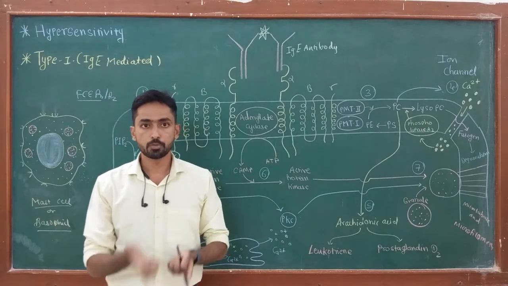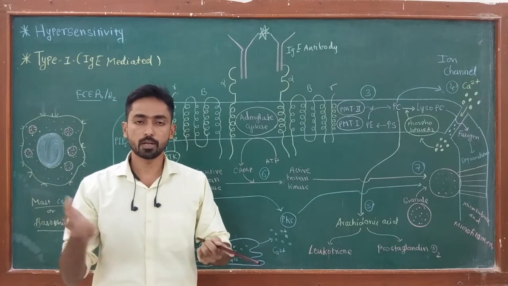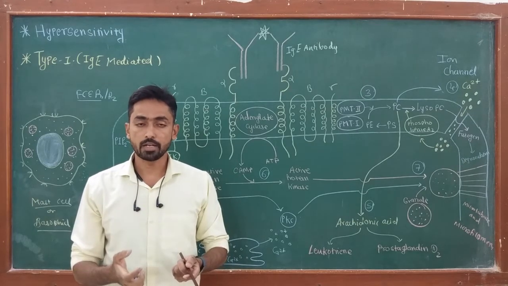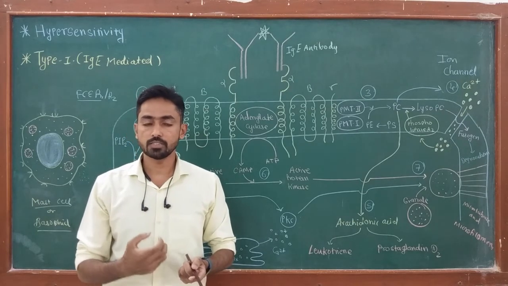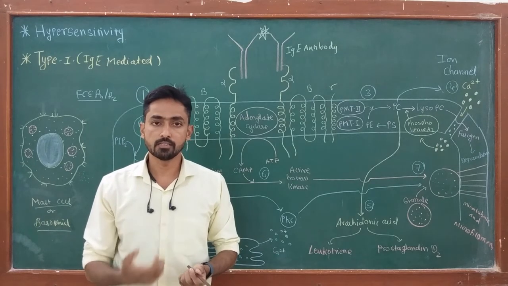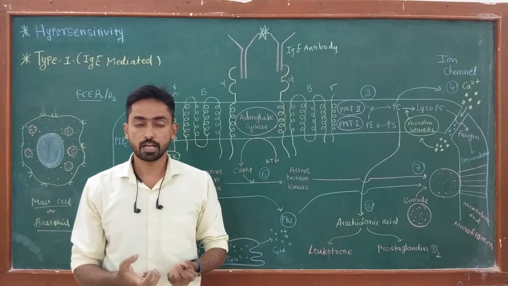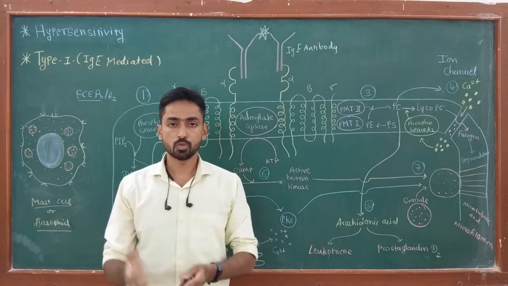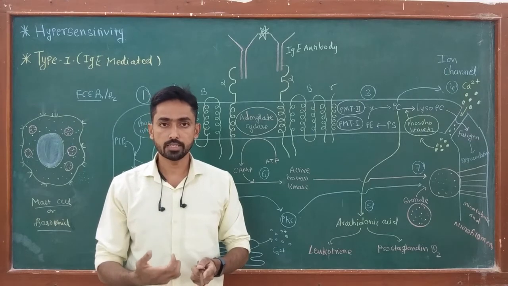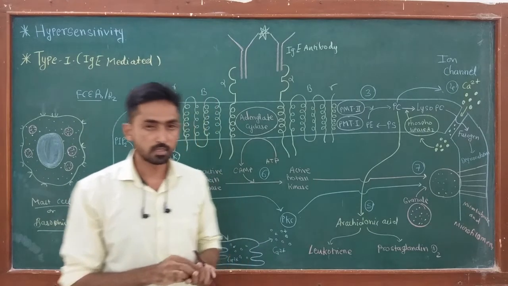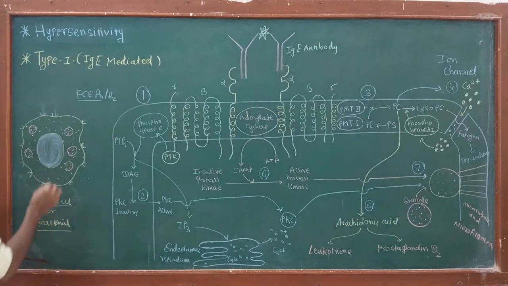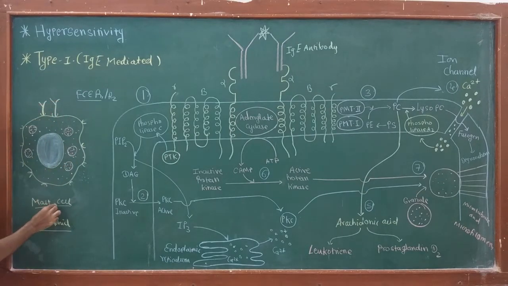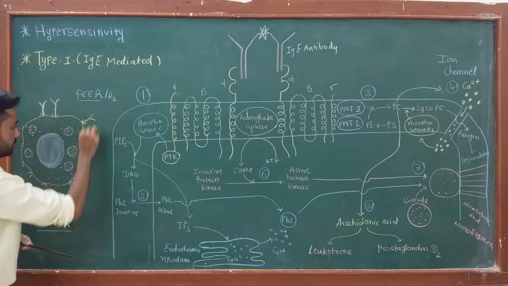We know that when any allergen enters the body, it activates the B cell, the B lymphocyte, which then divides into plasma cell and memory cell. Plasma cell produces IgE type of antibody in excess. So the characteristic feature of type 1 hypersensitivity is a high concentration of IgE antibody. Actually, the allergen switches the plasma cell towards IgE, so the plasma cell only produces IgE antibody in excess, and then the produced antibody coats itself on the mast cell or blood basophil cell.